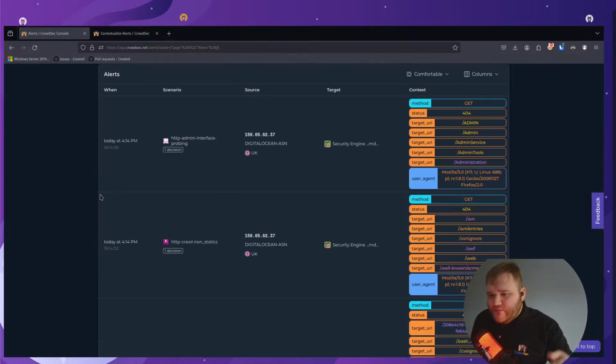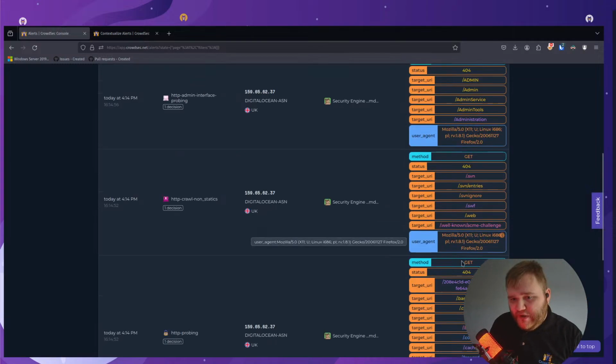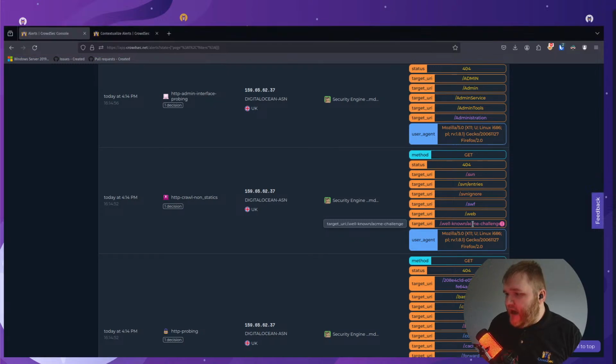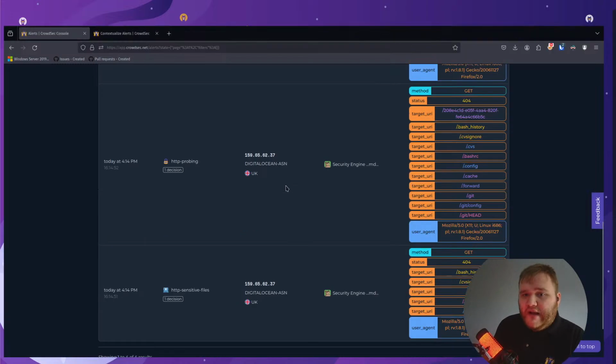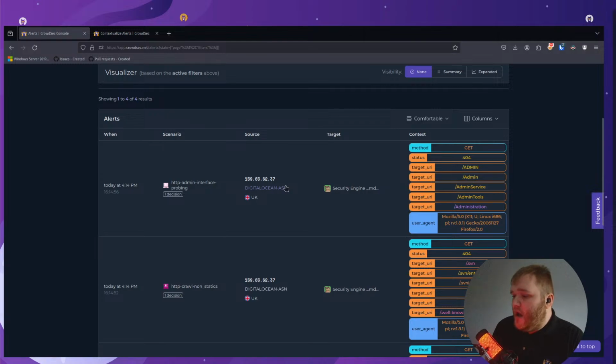So you can see here that these are the paths that we brute forced. This was the status code that we got, and this was the user agent. So it tries to anonymize it a little bit, but this is the context around the alert that's inside the console. However, some of you might not have this column active. So when you log in, you might only just see